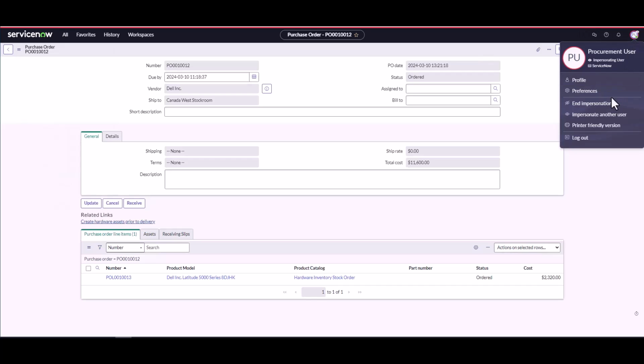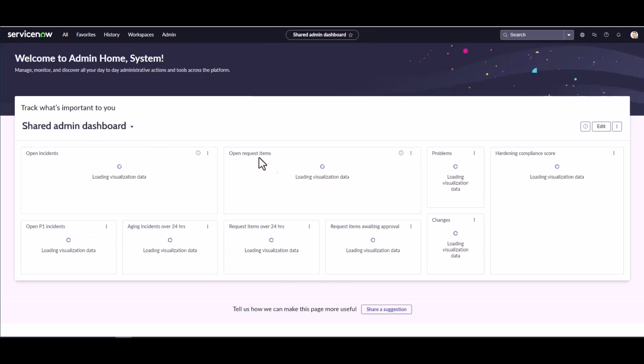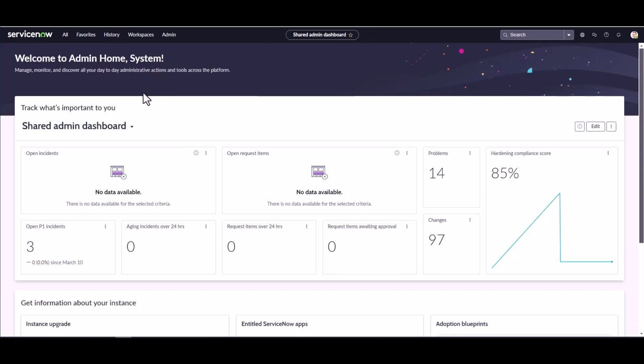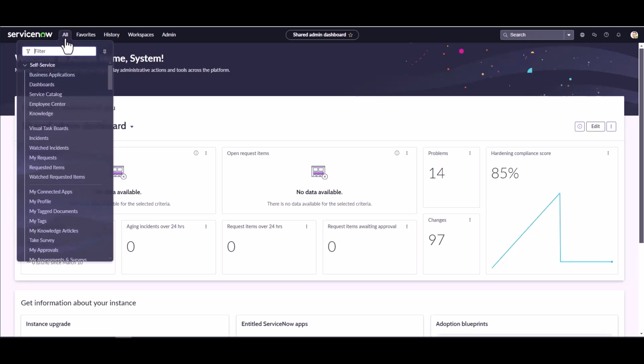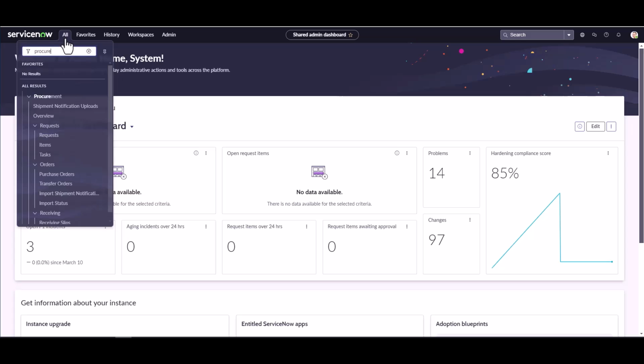Now, sorry. To do advanced shipment notification imports requires an admin role because you are writing directly to a table. So very much like a transform map or importing any data, you need to have the admin role within ServiceNow to be able to import data directly into the table. So I'm logged in right now as a sysadmin, and you can see now under procurement I have an import